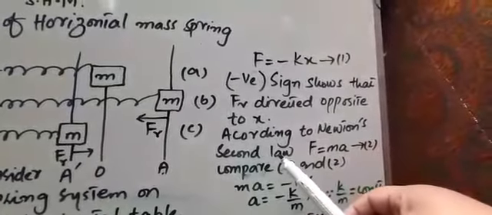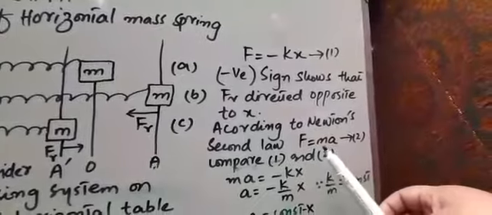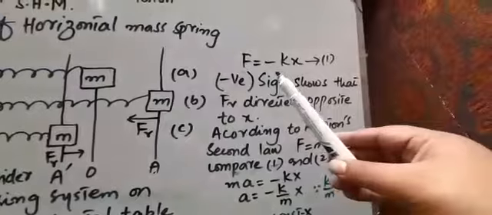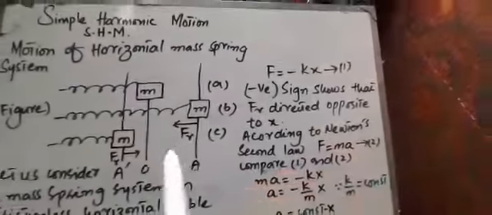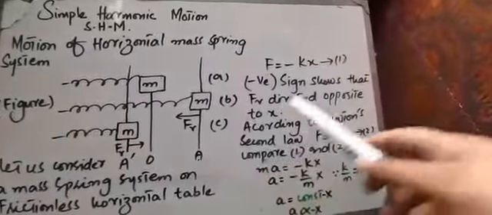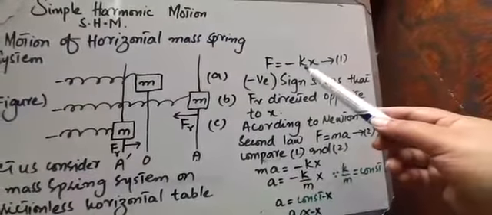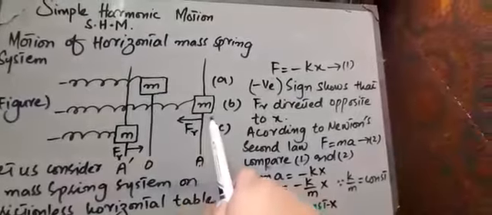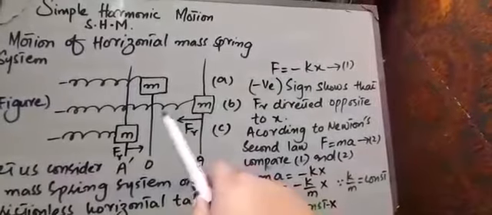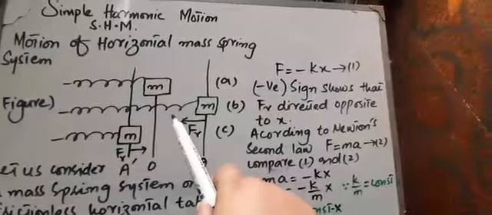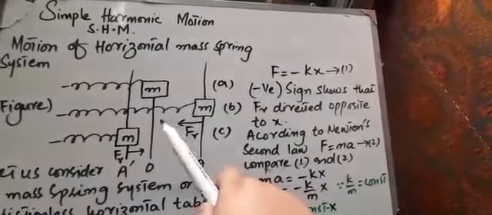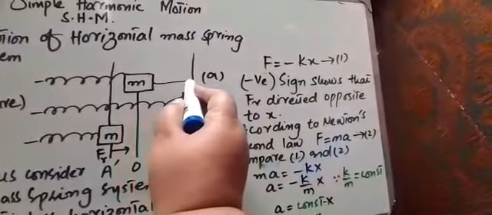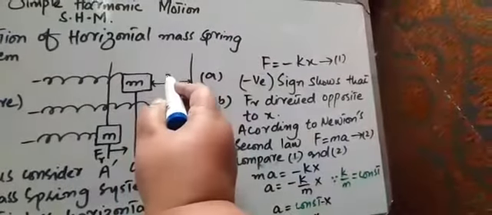According to Newton's second law of motion, F is equal to ma. You have seen that; you have done it before. One is F is equal to minus kx according to this figure. We have taken a force F is equal to minus kx. The k is the constant and x is the displacement of this mass when it moved from its extreme position to the mean position. If you need, I will show it this way, like this is the x.